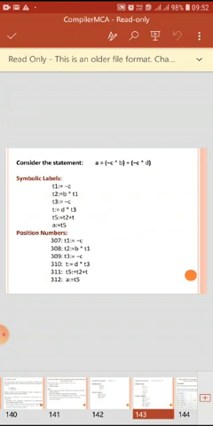Also, there were certain things that we had discussed earlier: when a statement is given that comprises an LHS and an RHS, the RHS cannot have more than one arithmetic operator. It can have at most one operator. So what we need to do is break it into chunks and store it using the introduction of temporary variables. That's what we have done here as well.